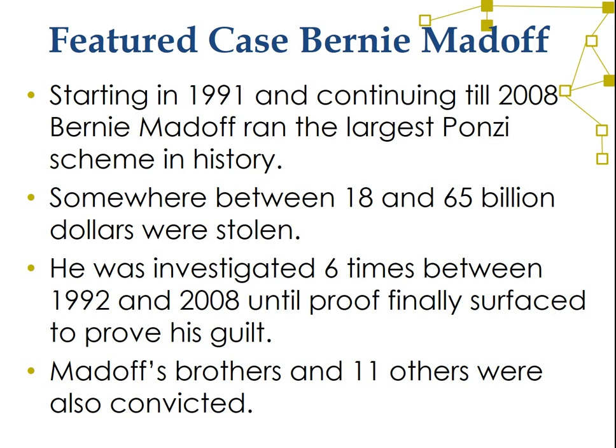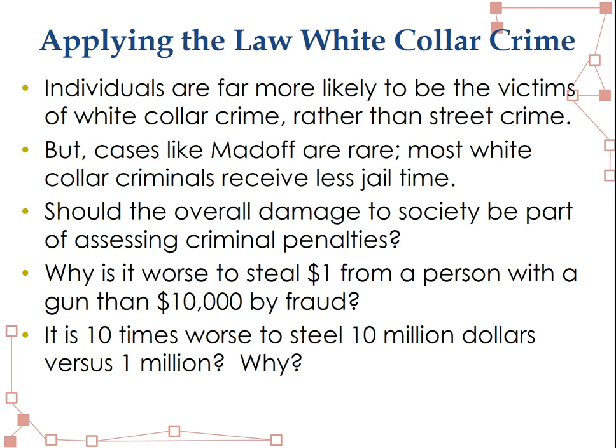Now, he was investigated 6 times between 1992 and 2008, until proof finally surfaced to prove his guilt. Now, Madoff's brothers and 11 others were also convicted in this particular crime. So when we look at this case, and again, it's only 2 pages that you can read pretty quickly,